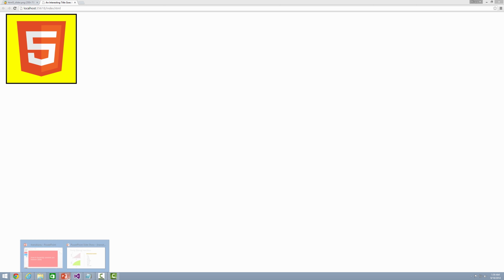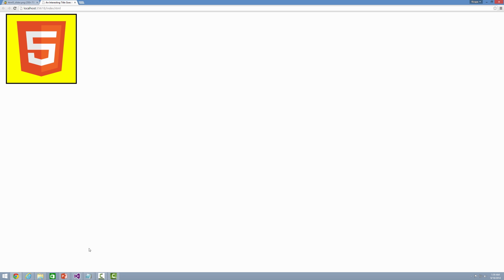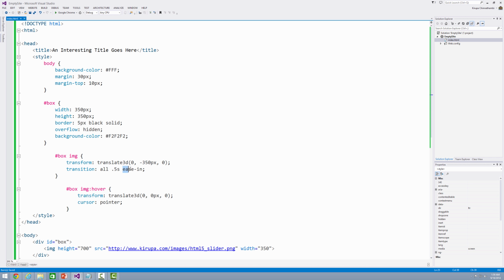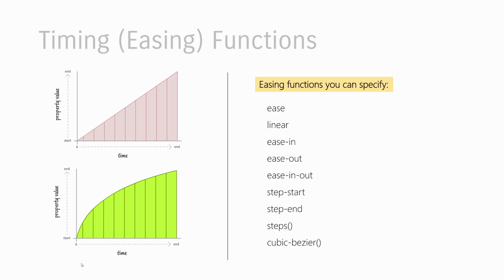So now, before we wrap things up for now, let's look at the next part of what it is. So we talked about easing functions. I mentioned it. I talked about how important it is. Now let's actually talk about what they are. So the easing functions are probably the most important things you'll specify as part of creating the transitions that you use. So what they really define is the nature of how the property values that you are animating, how they